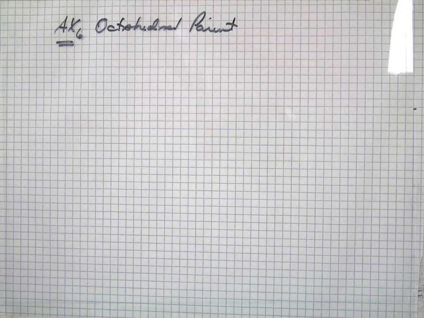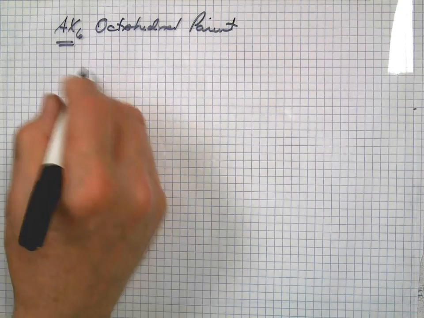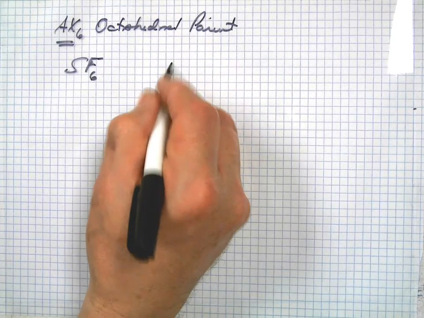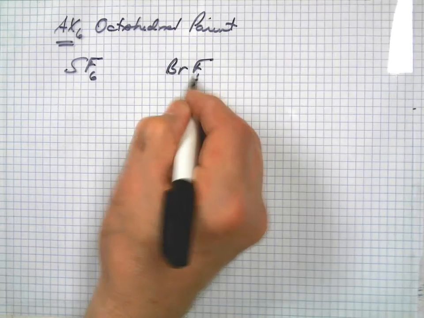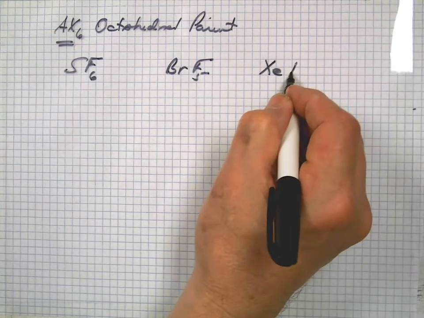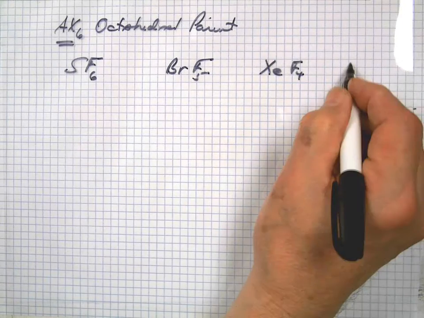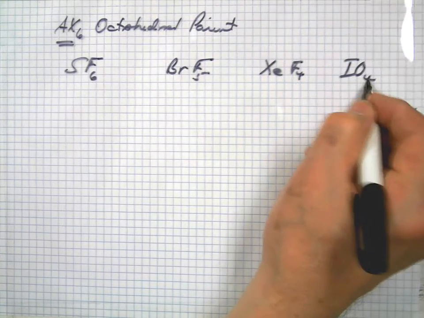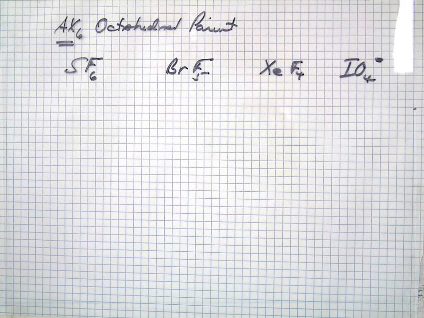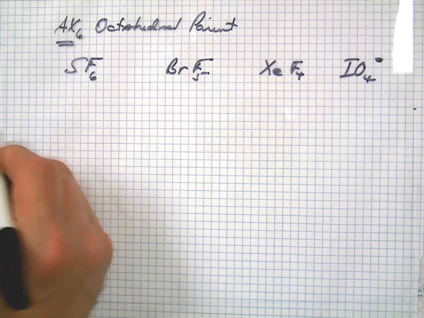They got a couple of extras in there. We'll just do those 3: SF6, BrF5, and XeF4. And I want to do one more, IO4 minus. That's a polyion. That's always on the test. I just kind of give you. Okay,